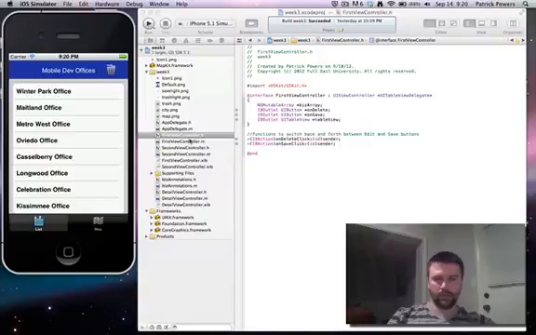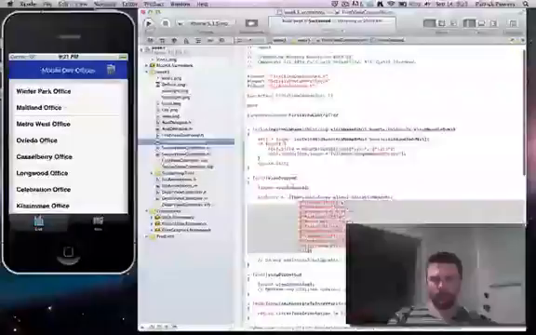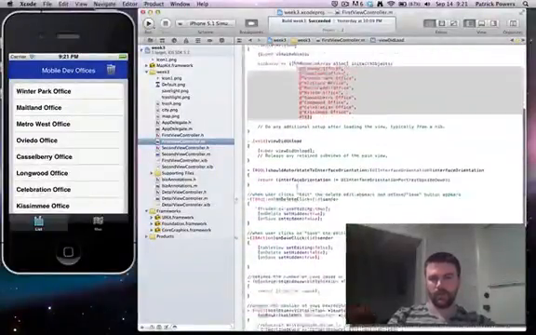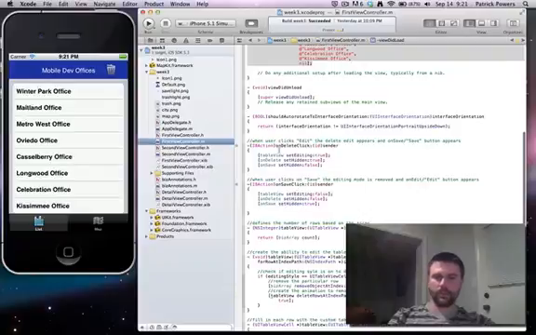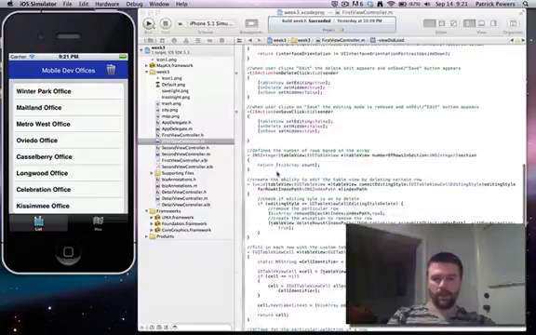The code is, right here is the first view controller, which we're looking at right here. We got an IB outlet for the on delete and the on save, those buttons, the table view, and then I also have the array, which is the list of these offices. I have some actions for the on delete and on click that I'm assigning. Within the .m file here, we're actually setting up that array for the office names, and then the rest of the information is very similar to the first couple weeks in terms of being able to edit and save it back up,